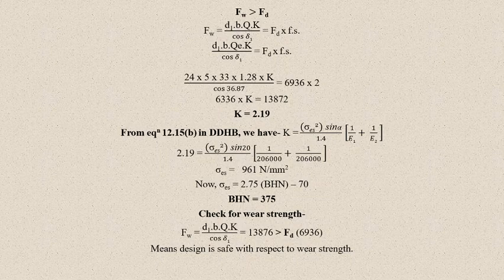Now, as we have the formula of capital K, the load stress factor, in the design data handbook, use the formula and find the value of surface endurance strength, that is sigma ES. After finding sigma ES, use this relation, which is also in the design data handbook. You will get the value of BHN. If you don't have the modulus of elasticity of pinion and gear, you can assume these two values if the material of both the gears is steel along with pressure angle 20 degree.